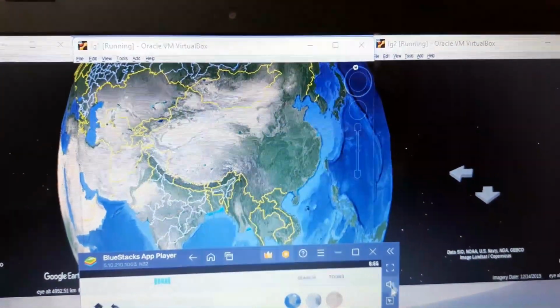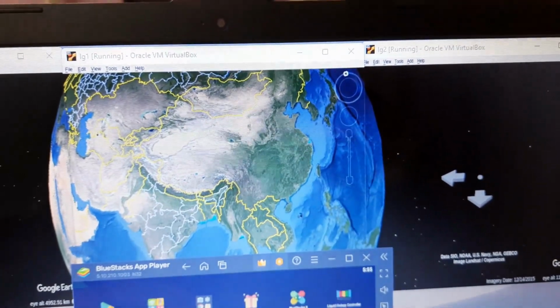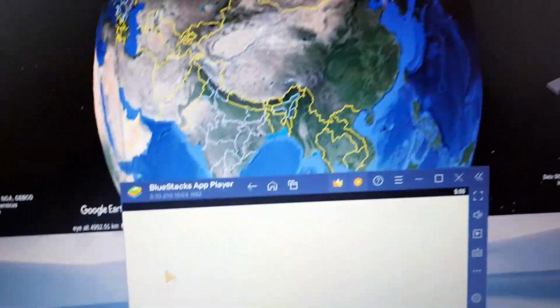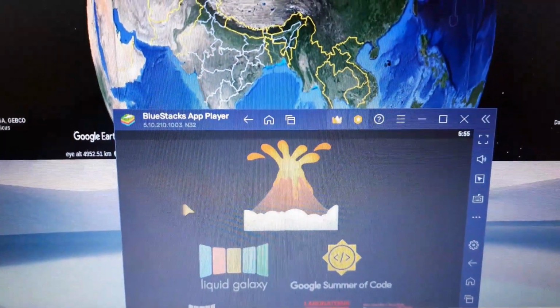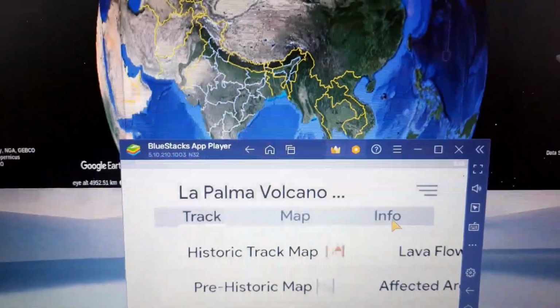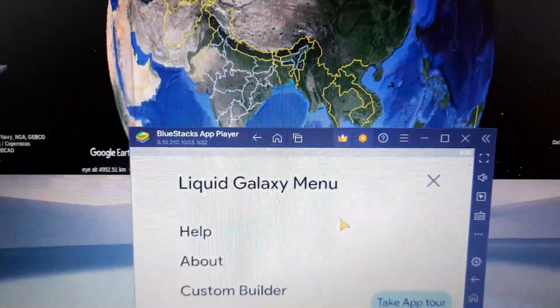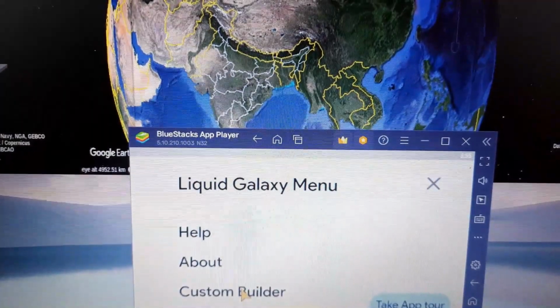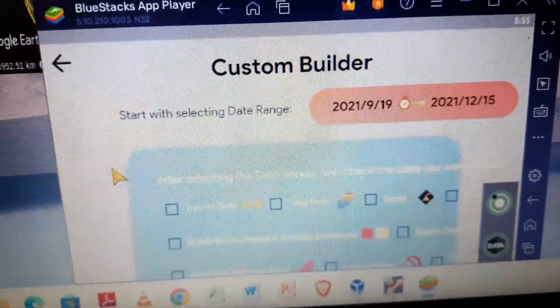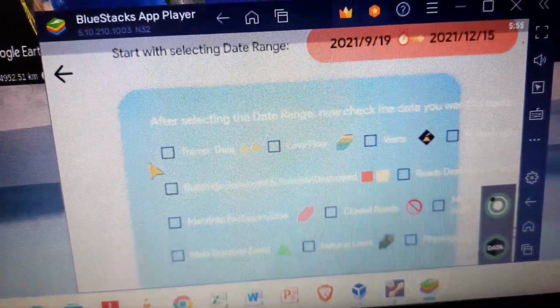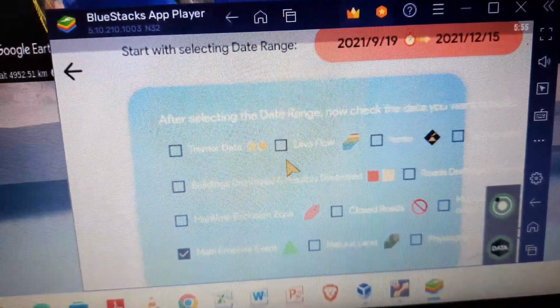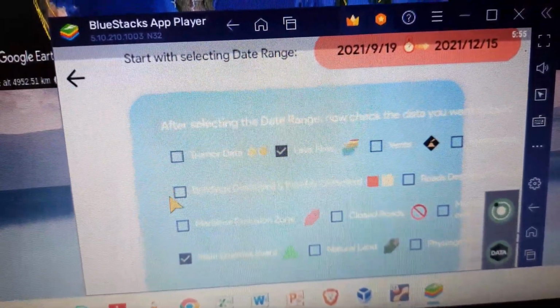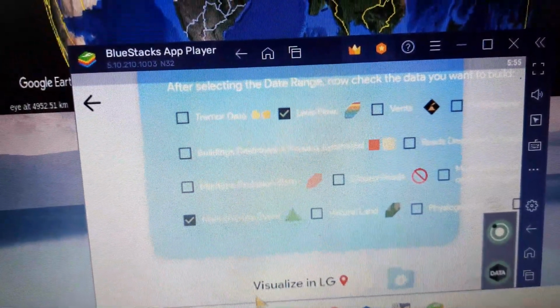The second app is the La Palma app. And here in custom builder, I can select different things I want to see. For example, I want to see the main eruption event or the lava flow. I have selected it, and to visualize it I can go to visualize in LG,